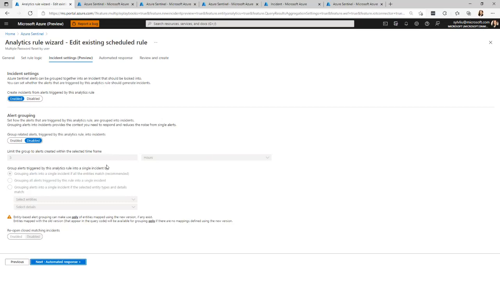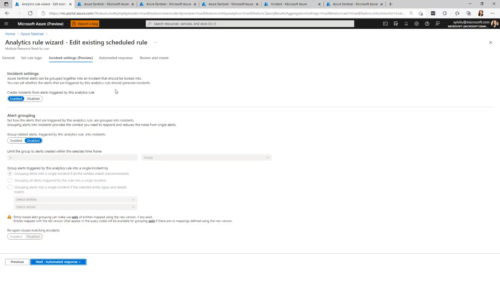On this page, the incident settings and the alert grouping configuration will not impact the Fusion detection. Our Fusion algorithm will take all the alerts generated from the supported scheduled rule into consideration, apply ML analysis, and only trigger a high-fidelity incident. So if you disabled creating incident from scheduled rule, it only means it will not create incident for this rule.